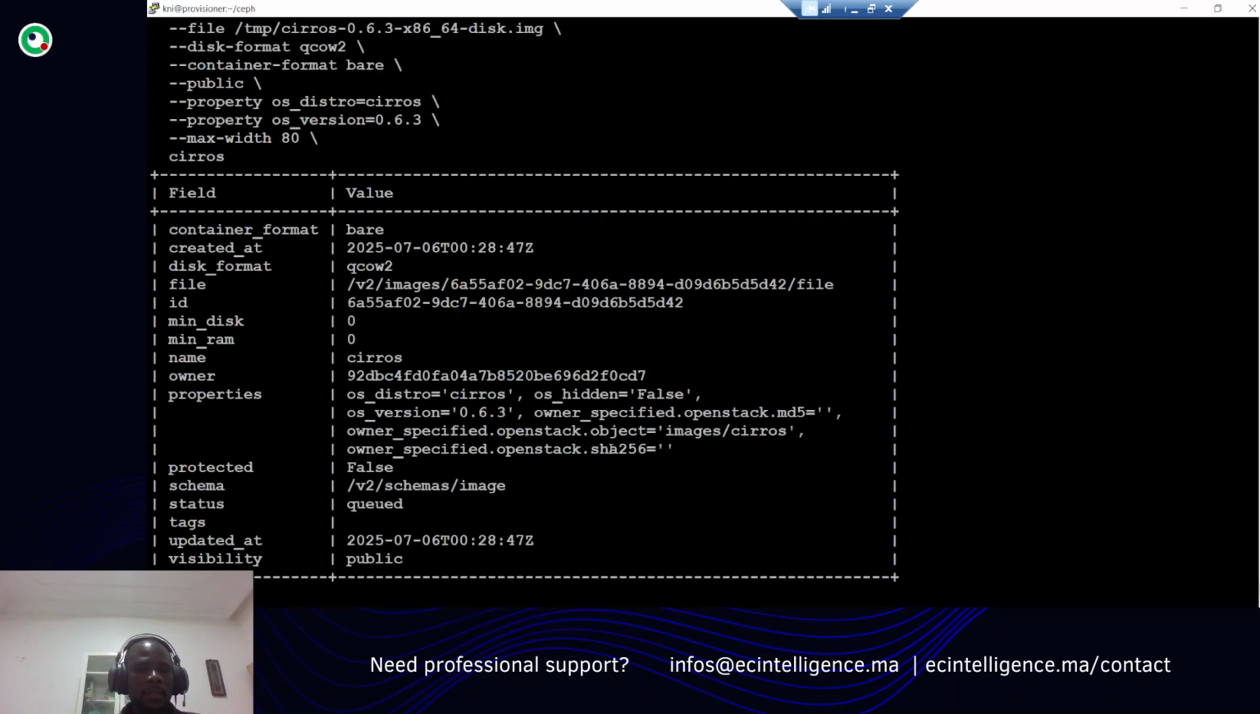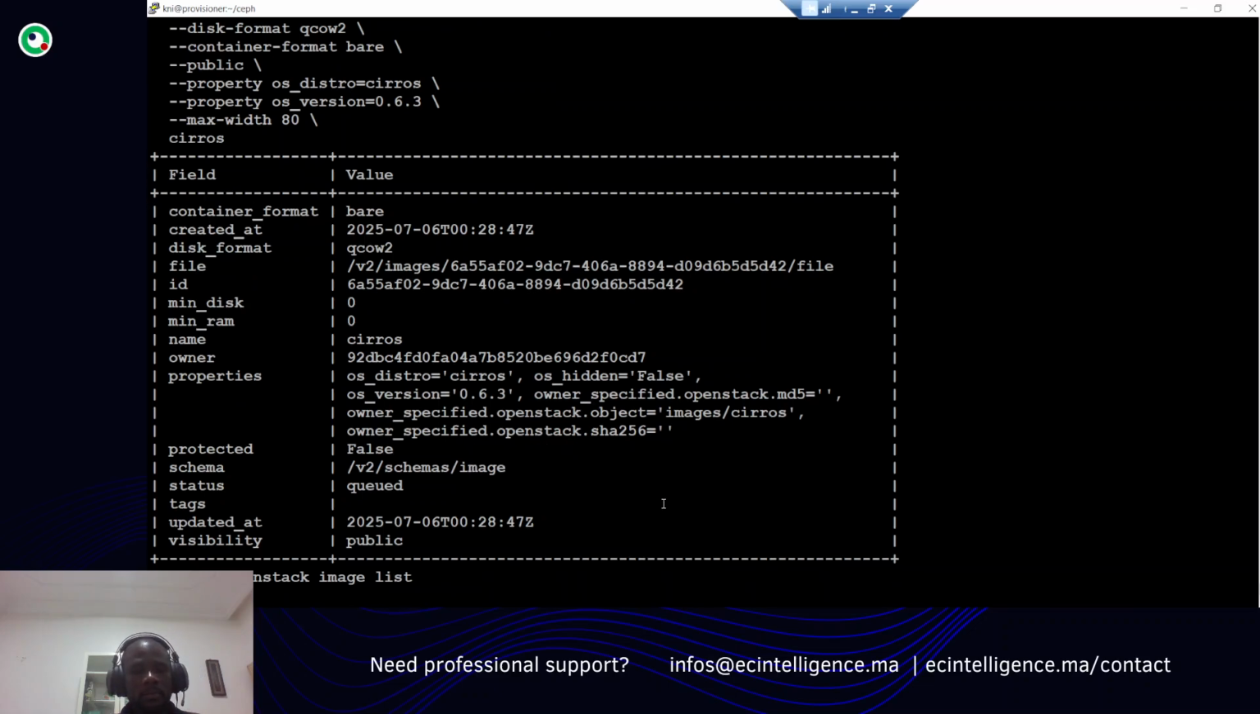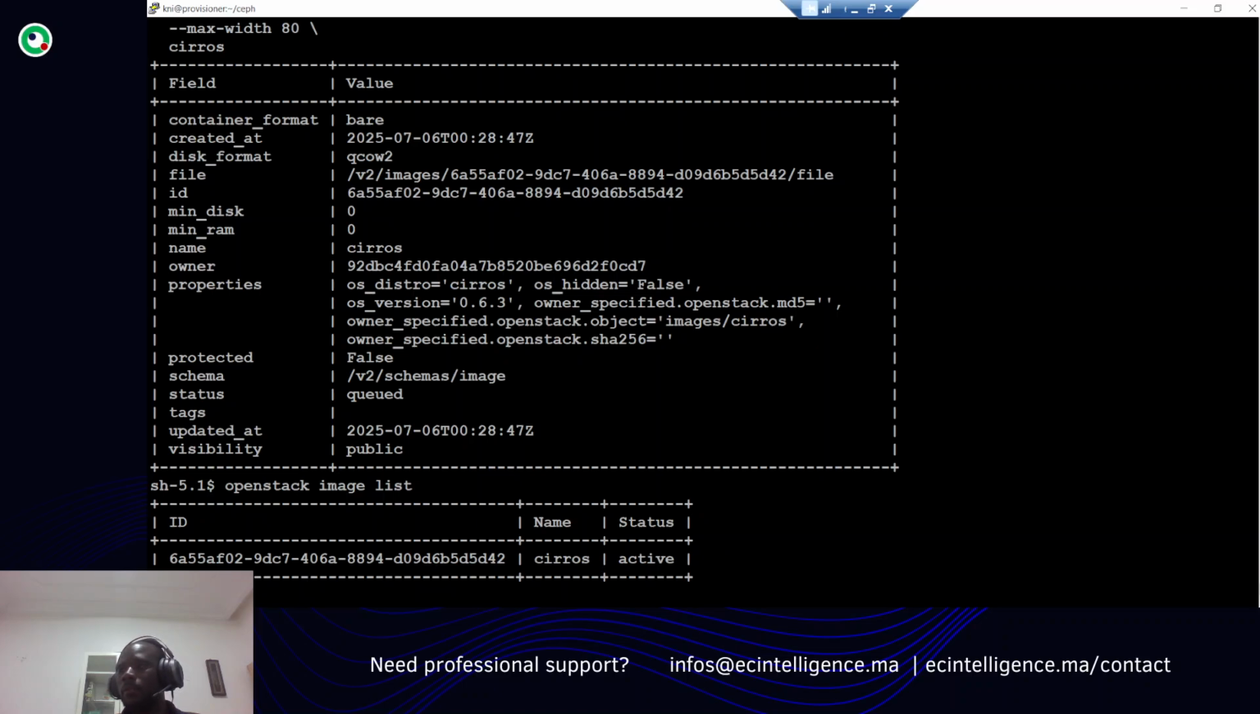This creation validates the configuration of our Glance component. This means that Glance is perfectly connected to the Ceph storage, the backend storage. Okay, so we have this image at the moment. Next step,